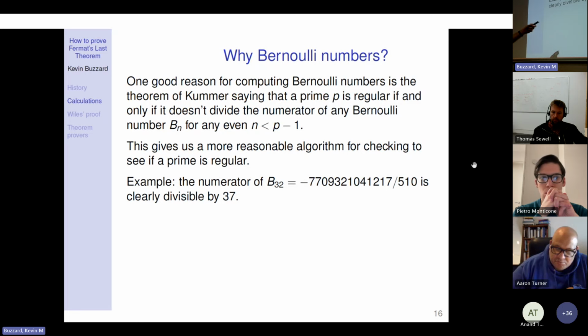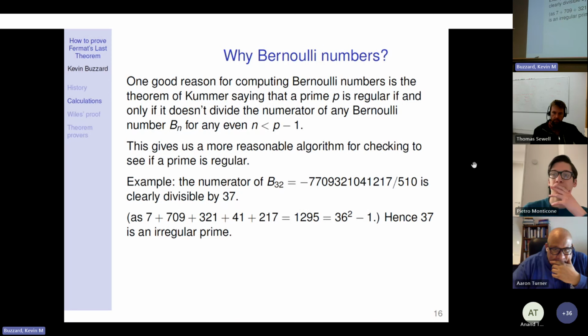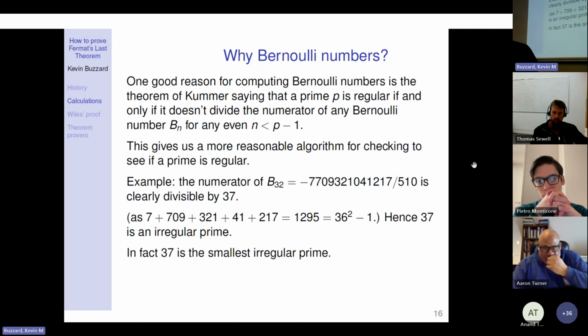So let's take an example. This Bernoulli number B32 I mentioned, as anyone who knows their 37 times table will know, this numerator is a multiple of 37. If you know the multiples of 37, you split it up, since 37 divides 999. So you split it up into groups of 3, and then you add up the groups of 3, and you get 1,295, and you know that 1,296 is 36 squared. So it's 36 squared minus 1, so it's 35 times 37. So that numerator is a multiple of 37, so 37 is an irregular prime. And actually, it's the smallest irregular prime,